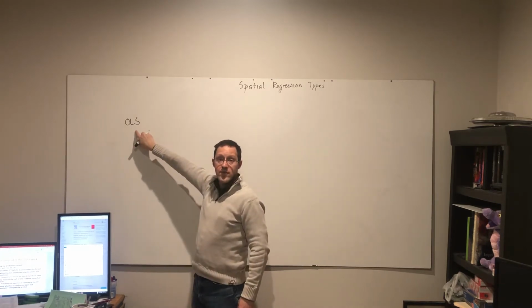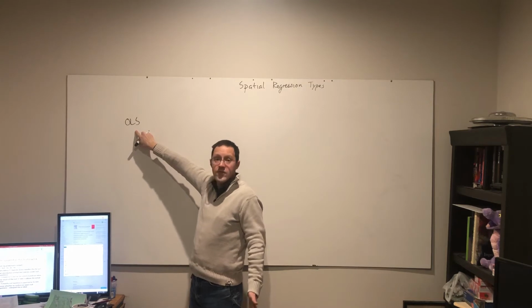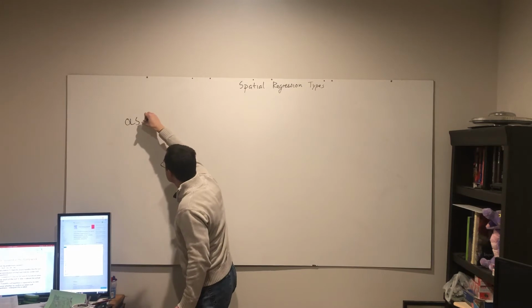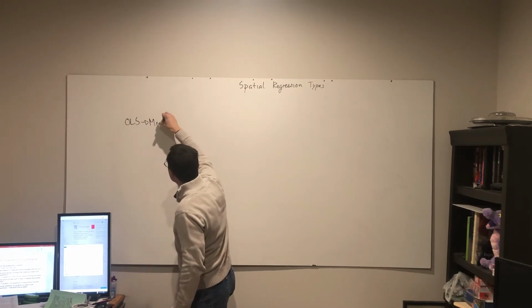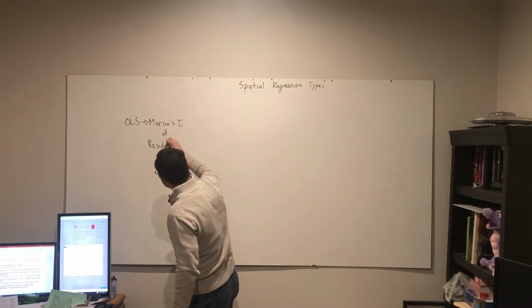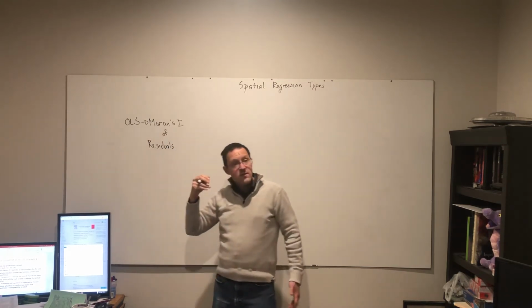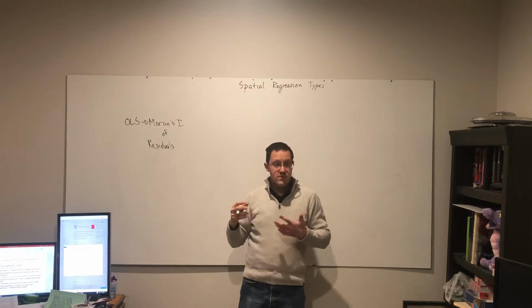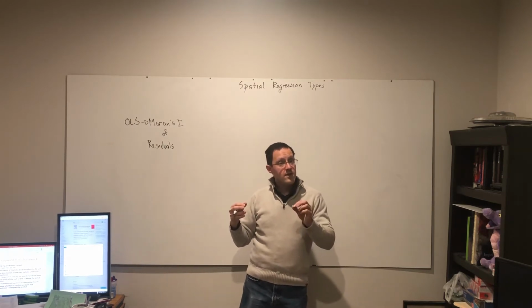We may start with the standard OLS regression. I'll pick OLS within the software, at least within ArcGIS. We can actually use other kinds of regression now, logistic and Poisson, but we'll stick with OLS. So we have our OLS. A diagnostic for whether or not we have geography or space affecting the regression results,